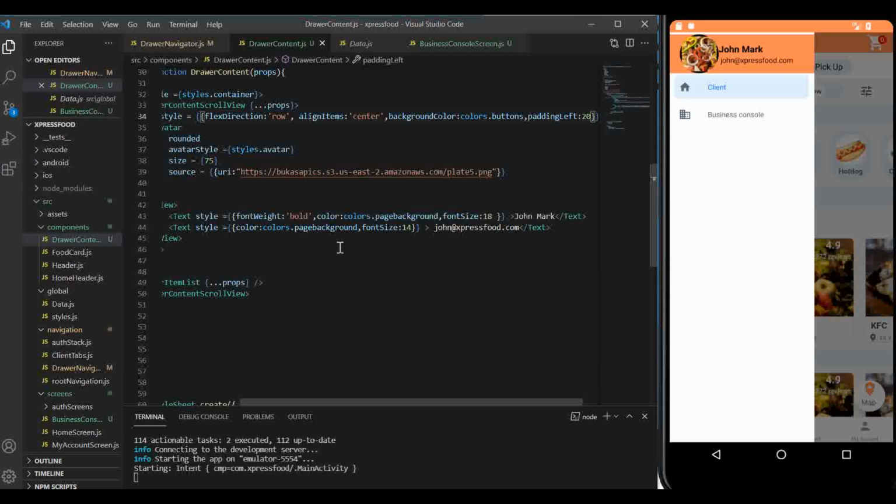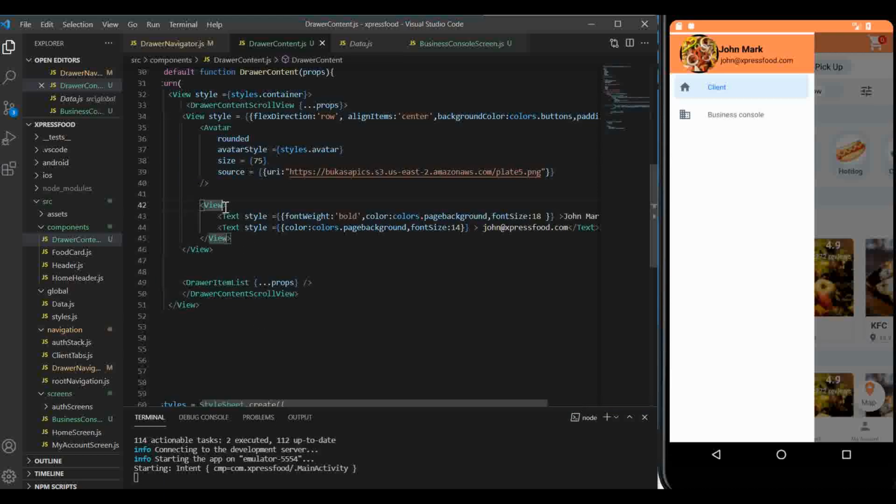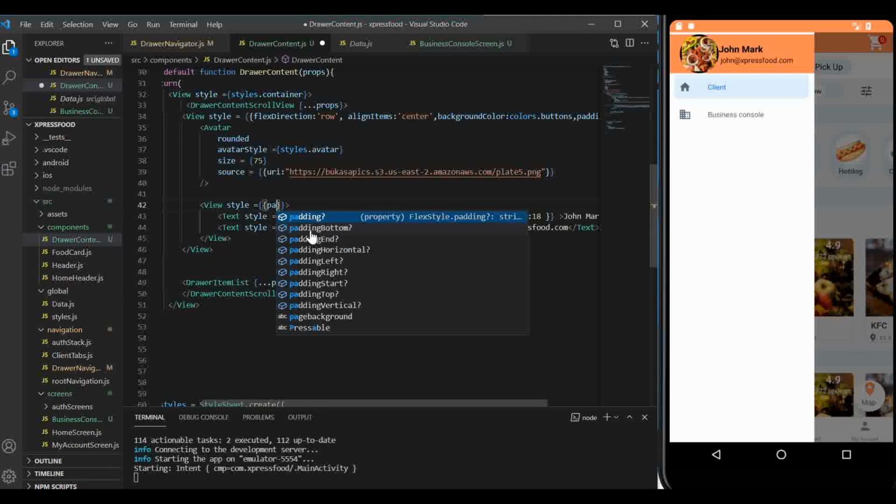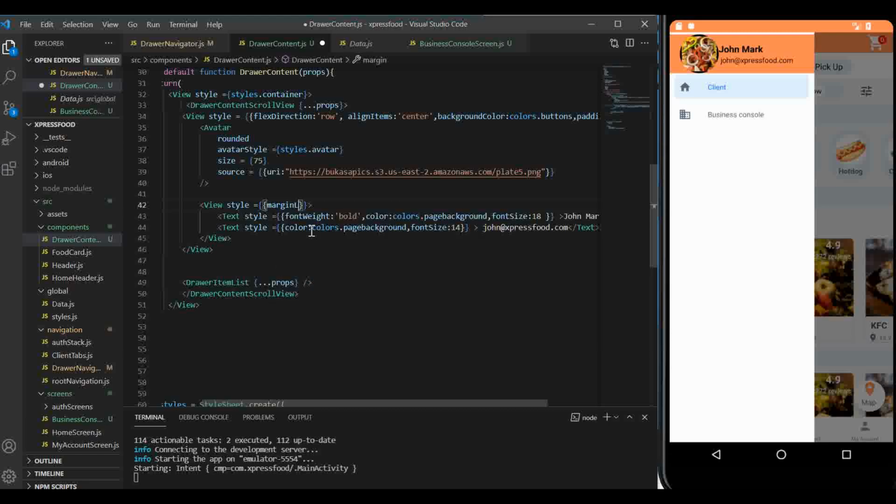Alright, and also I'm going to pass some styles to this view as well. Styles, going to say padding left or margin left instead. I can give it also 15. Okay, well, let me give it 10. 15 seems too much. This is looking good,